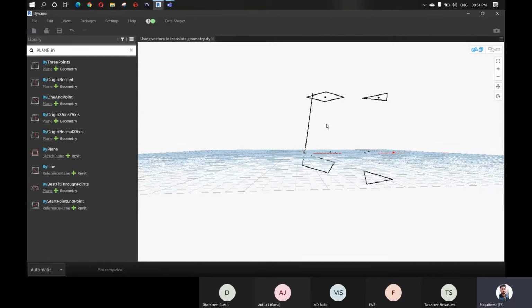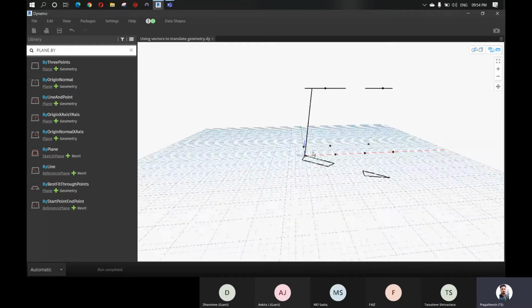What I am showing is that you can just mirror using the default planes x, y, and z. But let's say that you want to create a mirror with some particular plane, with some particular coordinates, you can also perform that with the help of this. So that is the reason I'm showing this option.